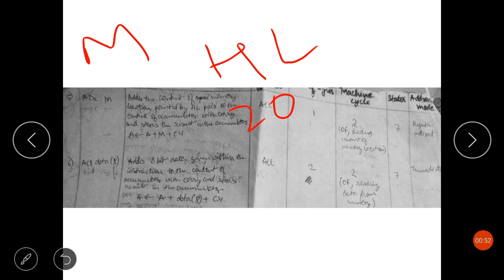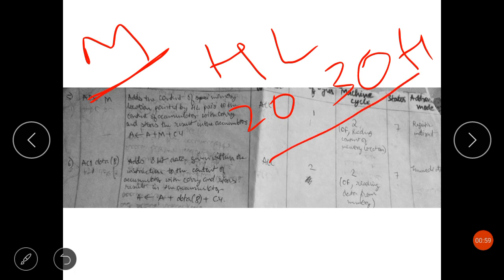ADC M. I have told you in my previous lecture also, wherever I use M in an instruction, M here means the memory location whose address is pointed to by the HL pair. So suppose the content of H is 20 and the content of L is 30H. So the memory location is 2030H, the address of the memory location, and it is represented by capital M. So here